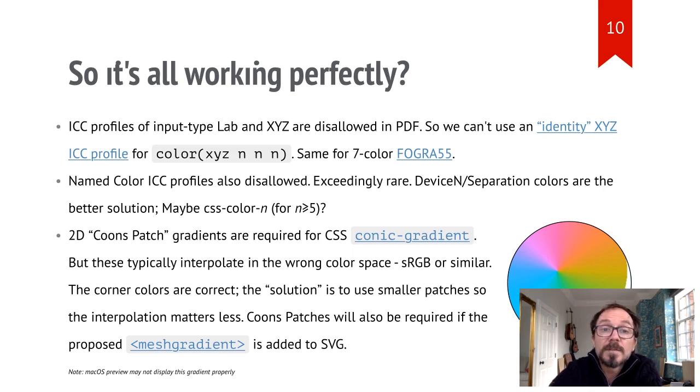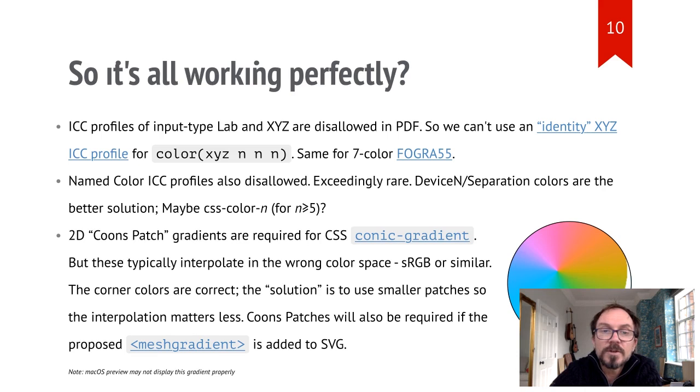Of course, there are a good number of specification and implementation issues which cause us problems. PDF has restrictions on the types of ICC profile it can use. An ICC profile is just a mapping between a universal color space, always XYZ or lab, and whatever color space the profile is defining. PDF limits us to grey, RGB, CMYK, and lab only works with an 8-bit lookup table. These restrictions are odd, and the last one in particular is absurd, but they've been in the spec for 20 years, so they're baked into all sorts of printer firmware.